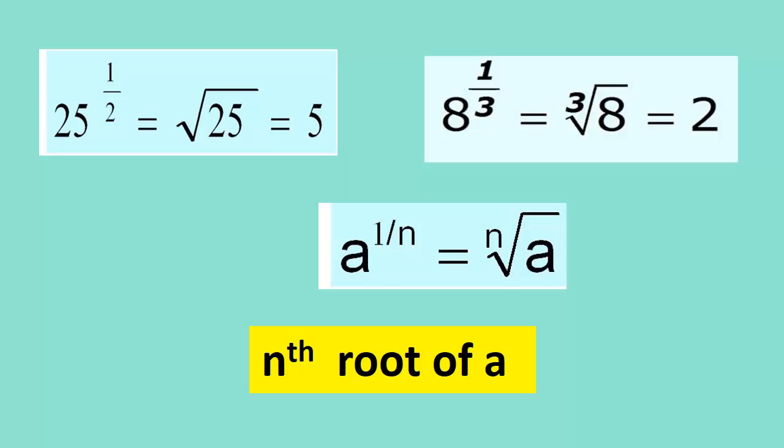Now one more example. This is square root of 25. We know answer is 5. Now this square root of 25 can be written as 25 raised to half. Similarly, cube root of 8, answer is 2. So it can be written as 8 raised to 1 upon 3. In general, any number, a is a radicand and nth as a power can be written as nth root of a. When I say nth root, meaning by 1 upon n.